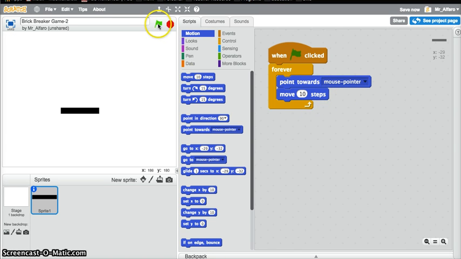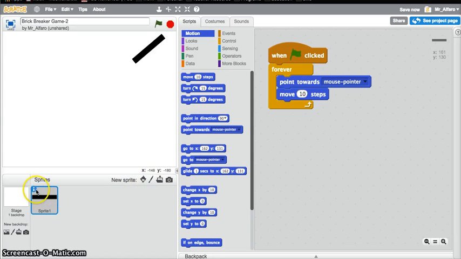And let's actually test that. Let's hit the green button and notice it's going where it should be. But notice what's strange about this: it's moving in a circular motion. And if you recall with the game, the paddle stays horizontal. It doesn't move in a circular motion. It doesn't go